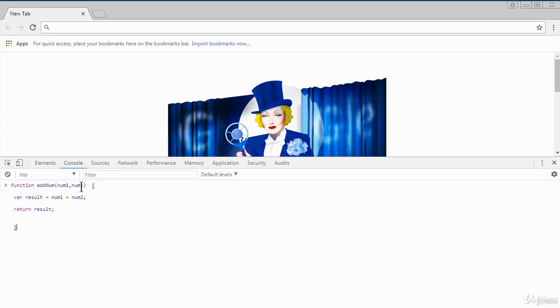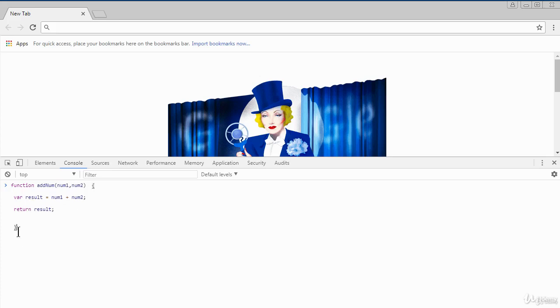So inside my console, I have created a function. And the way you create a function, you basically have to type in the keyword function followed by the name you want to call the function. When you're creating a function, it's very nice to name your functions as closely as possible to the task that the function is meant to perform. See, my function, I've called it addNum, which indicates that this function is going to be used to add